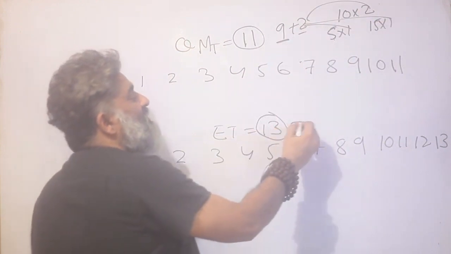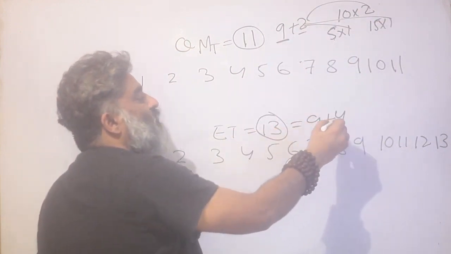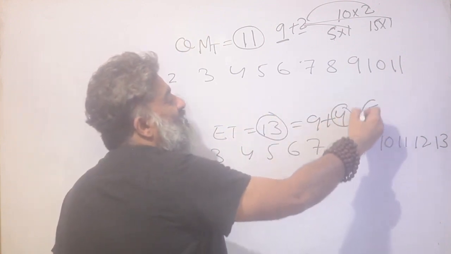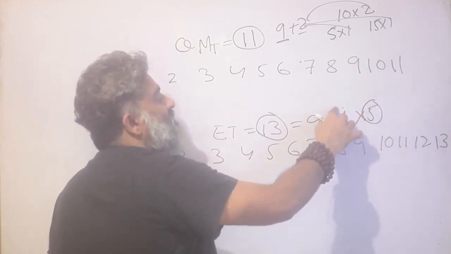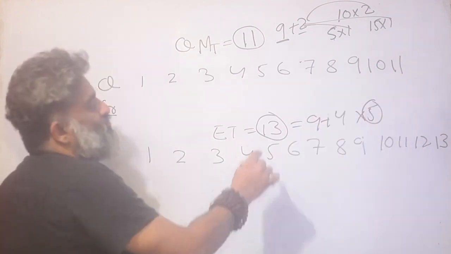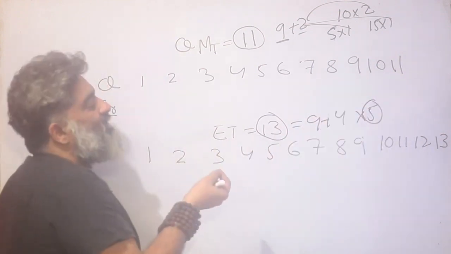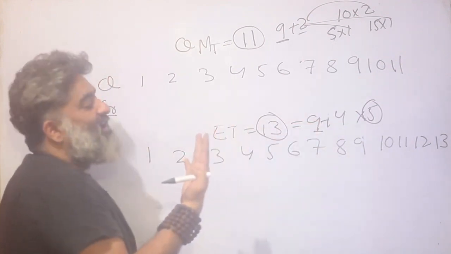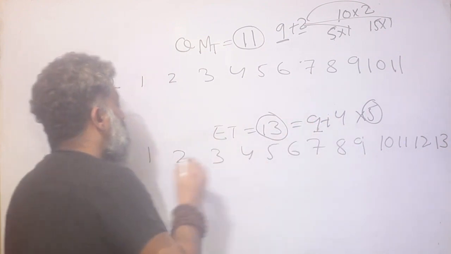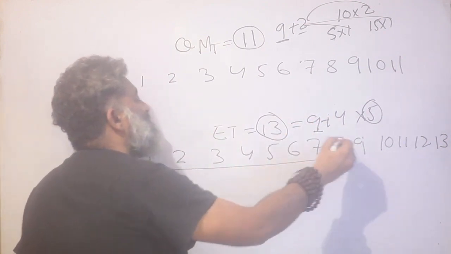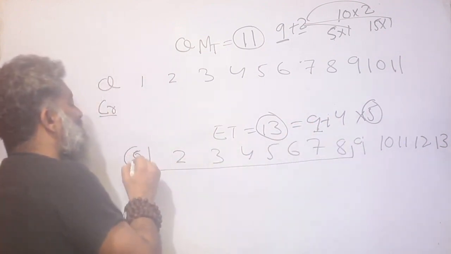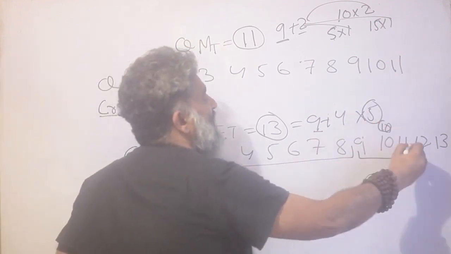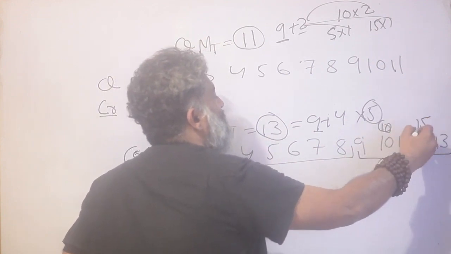This one is clearer, 9. This is definitely 9 plus 4. And there was only one configuration with 4 questions, and that is 4 questions of 5 marks each, right? So this story is definitely easier for me to figure out, because in this 9 I already had 4 questions of 5 marks. Now I have 4 more. That means in this story the first 8 questions are of 5 marks each. And then we have these 3 questions of 10 marks each and the last 2 questions of 15 marks each.